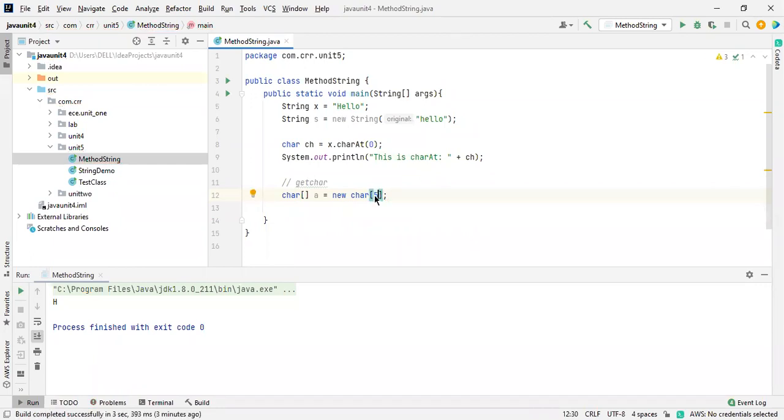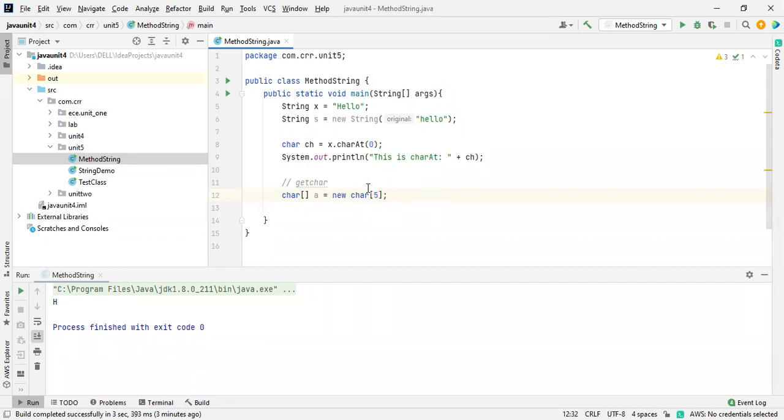You have to mention the size of it, or else it throws an error. You already know that one: array index out of bounds. If you go beyond this size, the array will be out of bounds. So remember this very important thing: because the array is also considered by Java as an object only, it will be created inside the heap area inside the Java virtual machine.